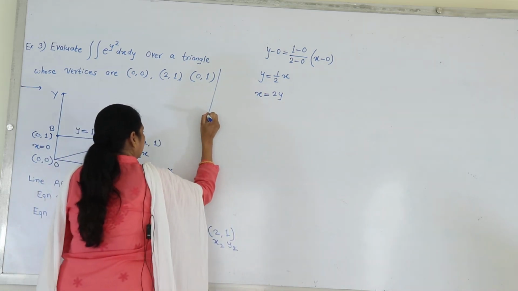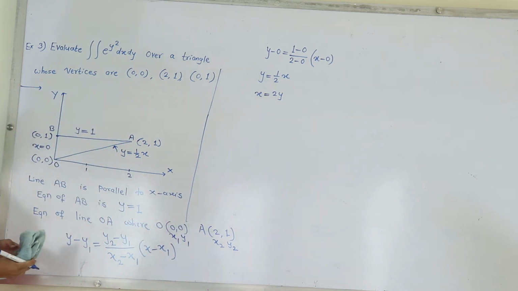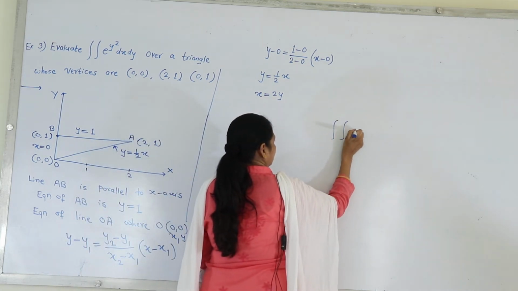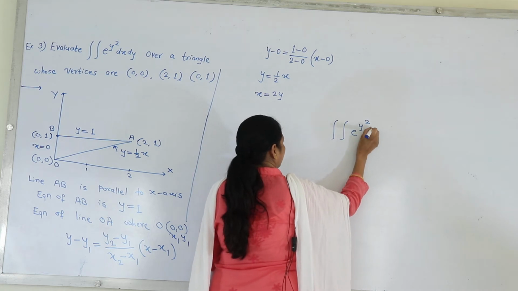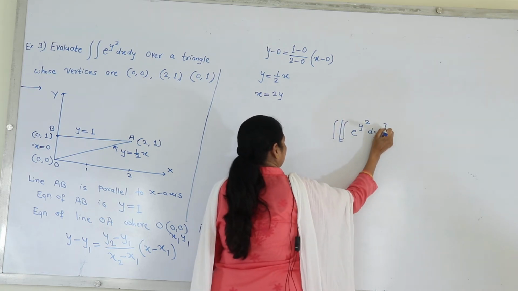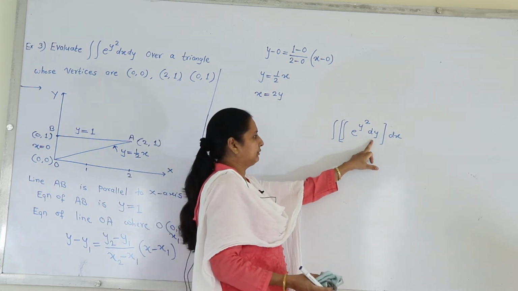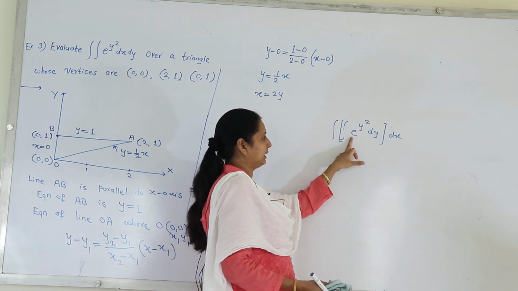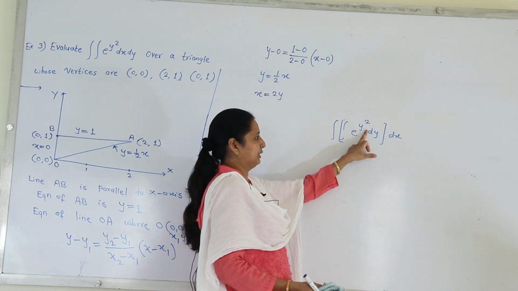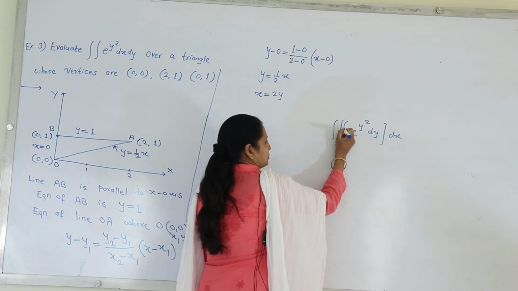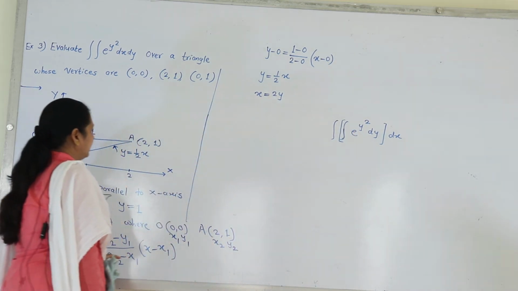Now see, in this double integration the term is e raised to y square. Now suppose we have to integrate e raised to y square dy first and then dx. Suppose first we integrate with respect to y, then it becomes slightly difficult. Integration of e raised to y square is difficult, because no other term is inside of e raised to y square. Therefore we have to use here